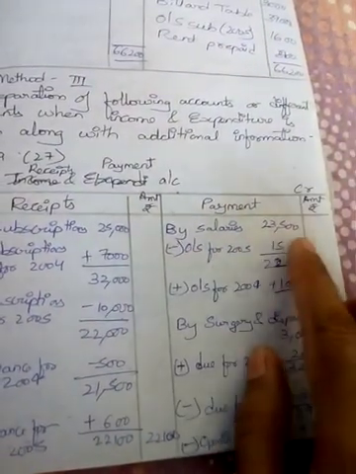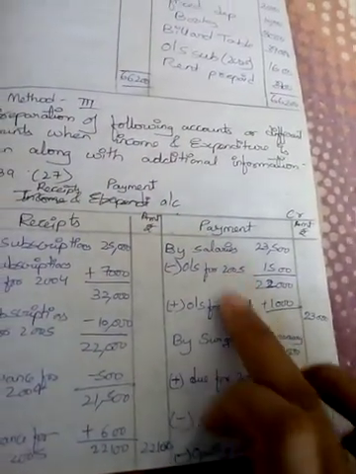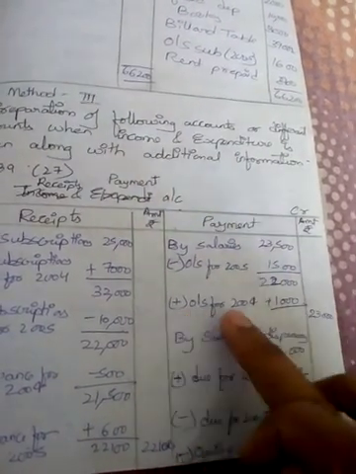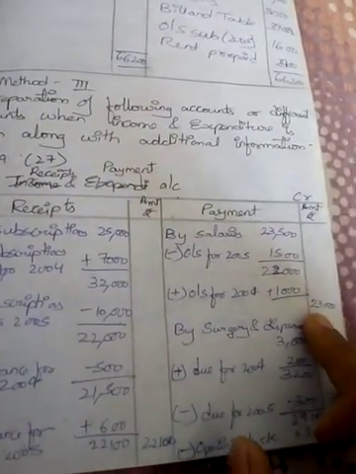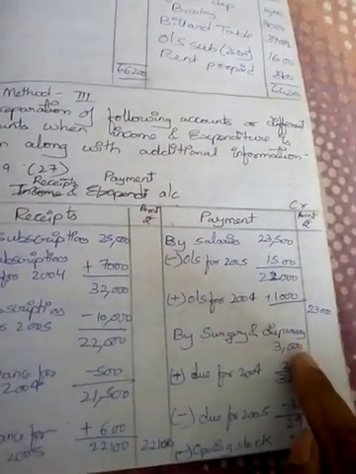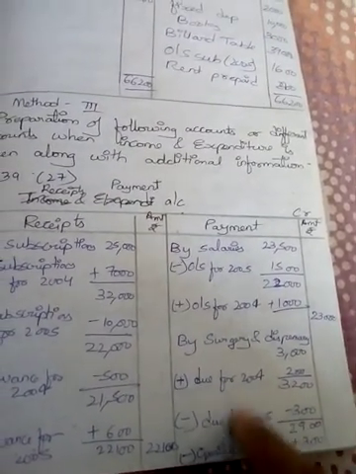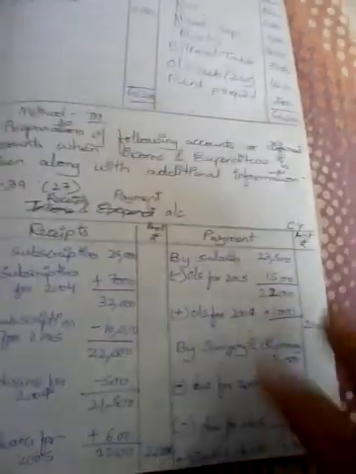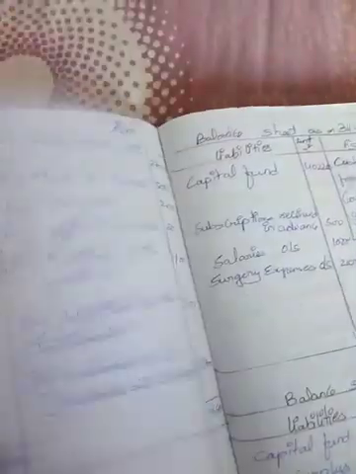By salaries 23,500, minus outstanding for 2005 which is given in the other information, 1,500, plus outstanding for 2004, 1,000, and we have the total of 23,000. Next, surgery and dispensary, for which the amounts due for 2004 and due for 2005 are given in the other information; we have deducted and added them. Next, the opening stock should be deducted and the closing stock should be added. So after considering all these adjustments we have